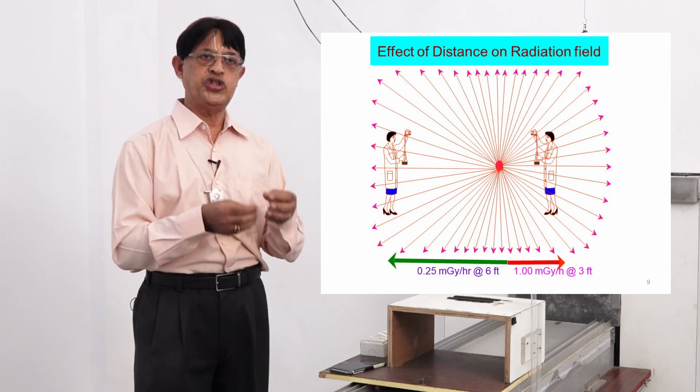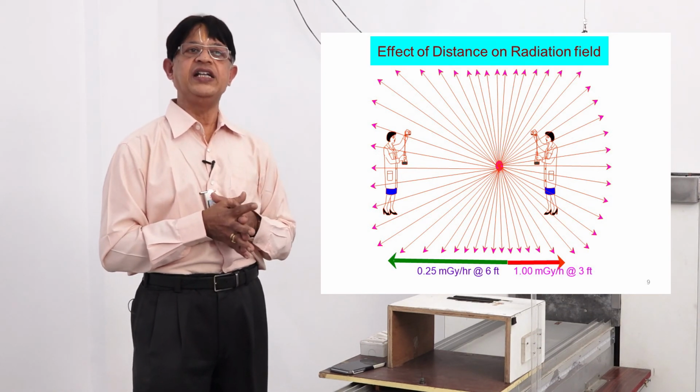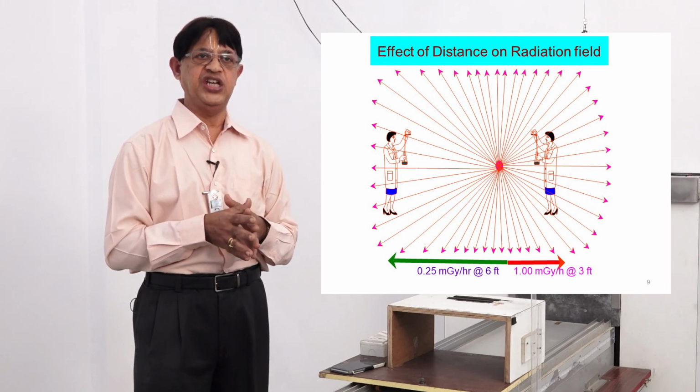You either make use of a teledetector with a probe which is extendable, or you position yourself, the body, and stretch out your extremities and keep away from the radiation source, and you will be able to carry out the radiation field monitoring. Likewise, the personal exposure for any given worker can be reduced by this distance concept.